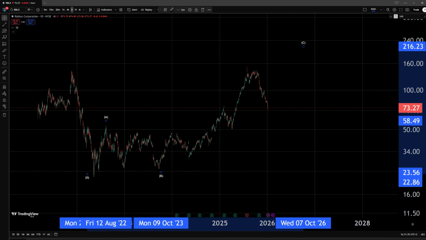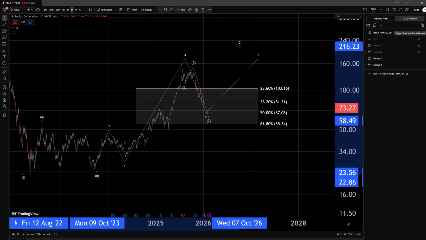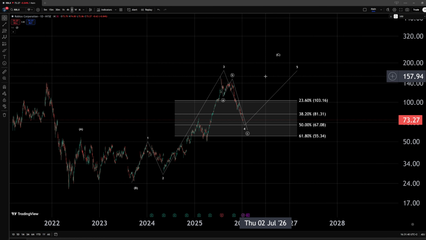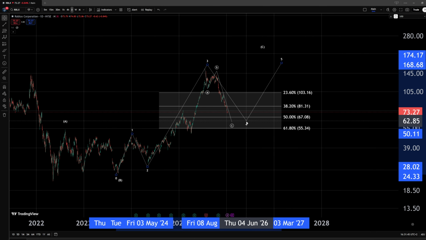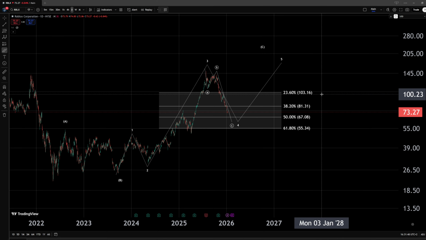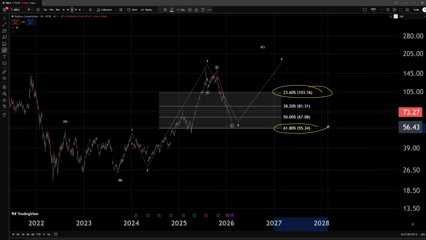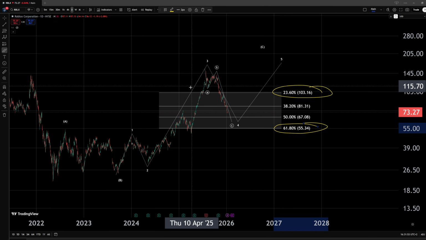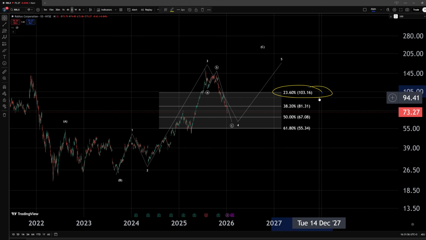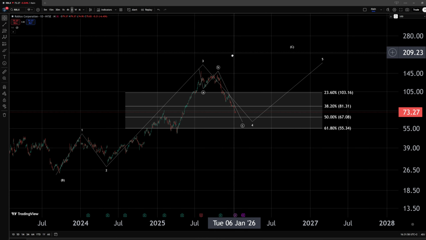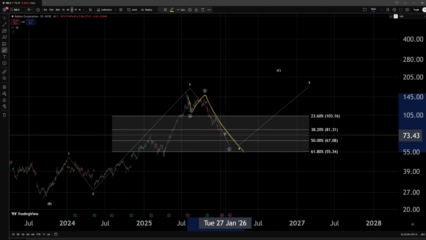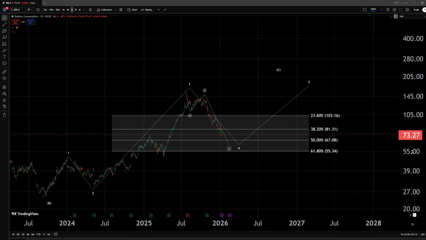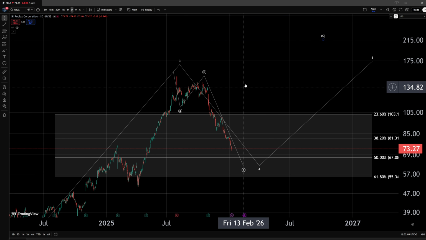For my preferred interpretation, I will be tracking a wave C to form to the upside within this area, and within it, I am tracking a 5-wave move within a larger ending diagonal structure. Now in this case we have already completed the wave 3, and within the wave 4 correction we have the area of support between the $103 all the way down to the 61.8% retracement at the $55 level. Now in such a pattern we would normally expect to build a 3-wave move to the downside, which seems on point right now, and nothing unexpected seems to be unfolding within this area. But to be honest, within this wave C, I can actually see severe extensions still possible.